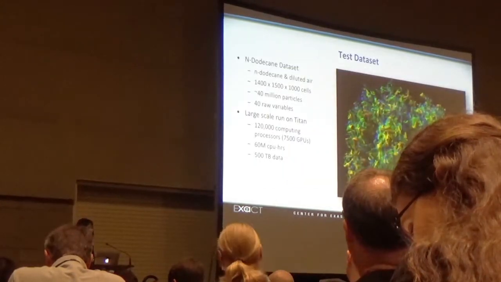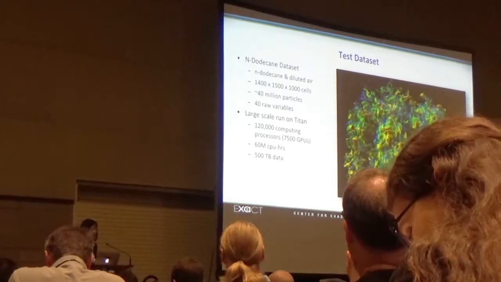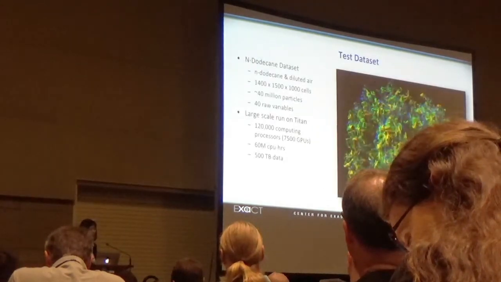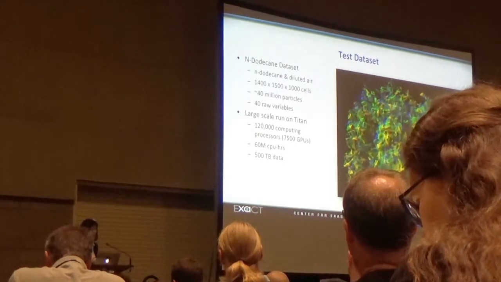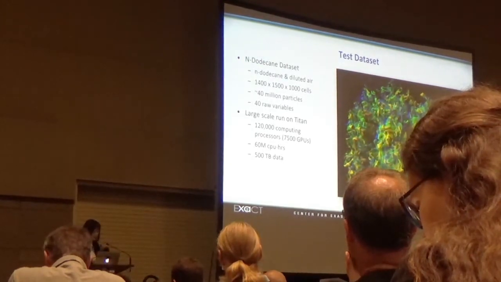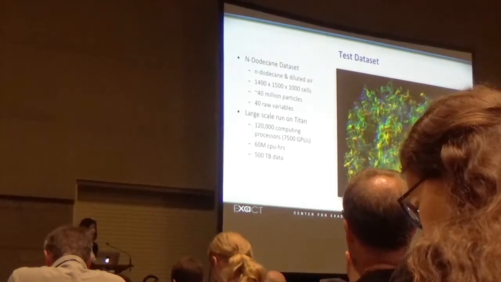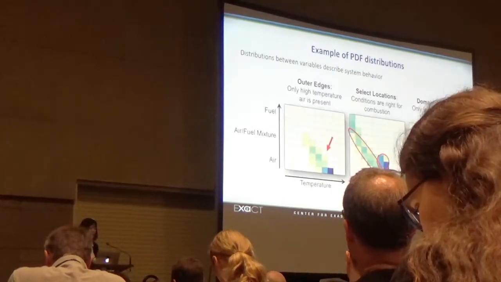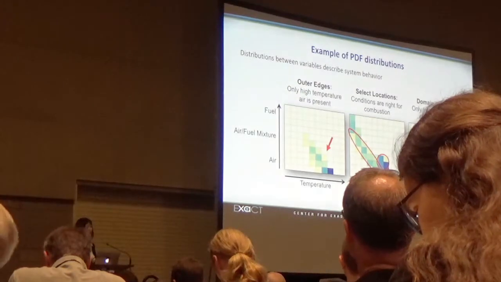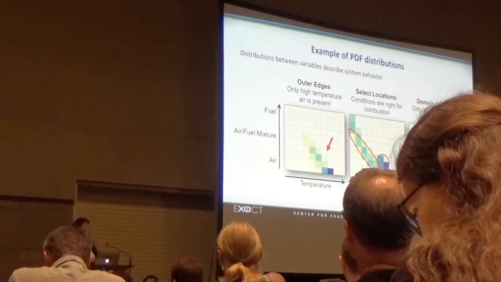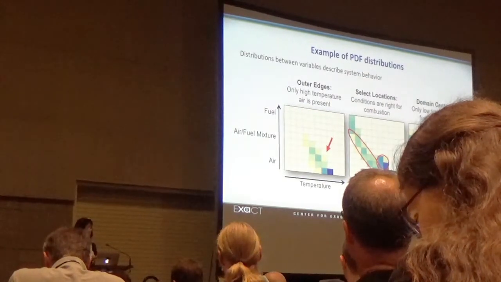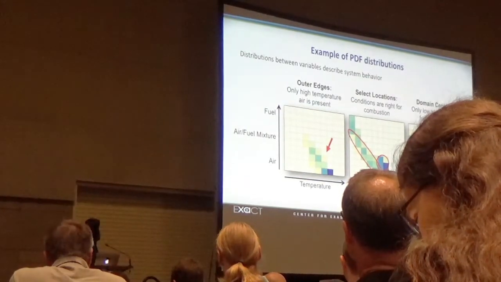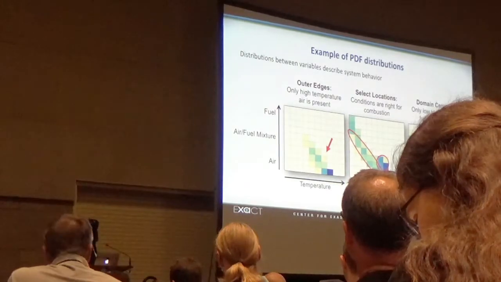So we applied this to this large endodecane autoignition data set, which had 5 billion cells, 40 million particles, a large case run on Titan with 120,000 compute processors, 7,500 GPUs, 500 terabytes of data. And so we were able to get examples of some of the PDF distributions between variables. In this case, the relevant variables to look at are the fuel-air mixture, this is the mixture fraction, and temperature,